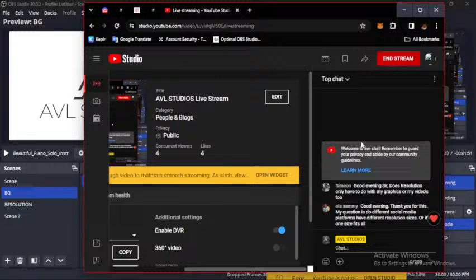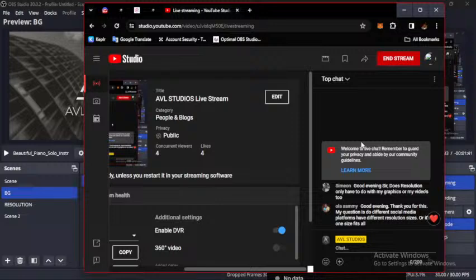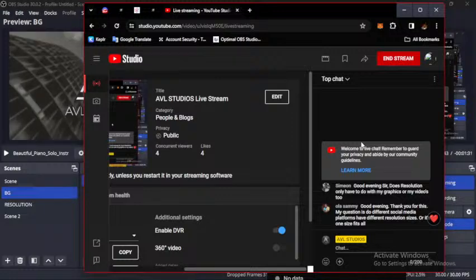Yes, it doesn't just apply to people that use OBS, but I just love OBS, so I focused on it more tonight. If you're wondering, I don't dislike vMix. I like vMix too. I use vMix quite a lot, but not often. I use vMix when I don't have access to my OBS.